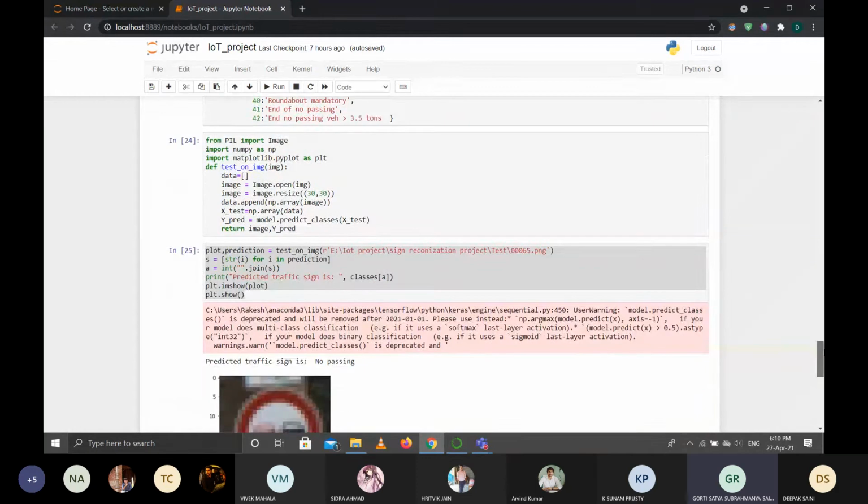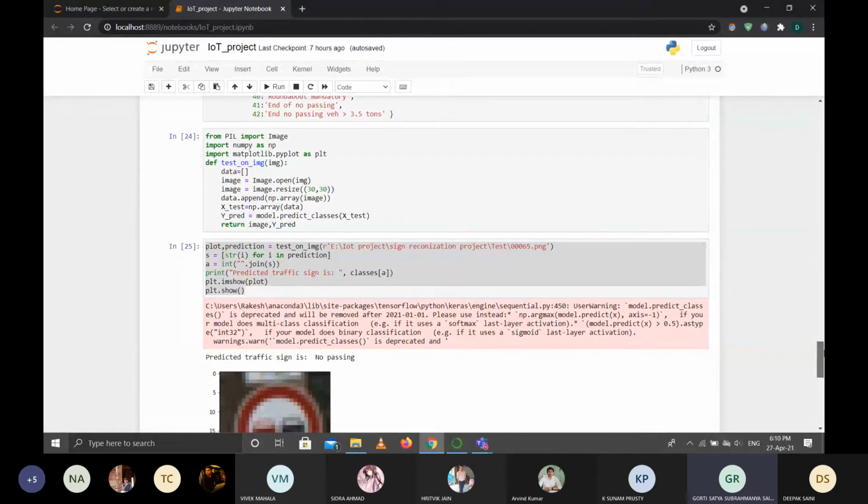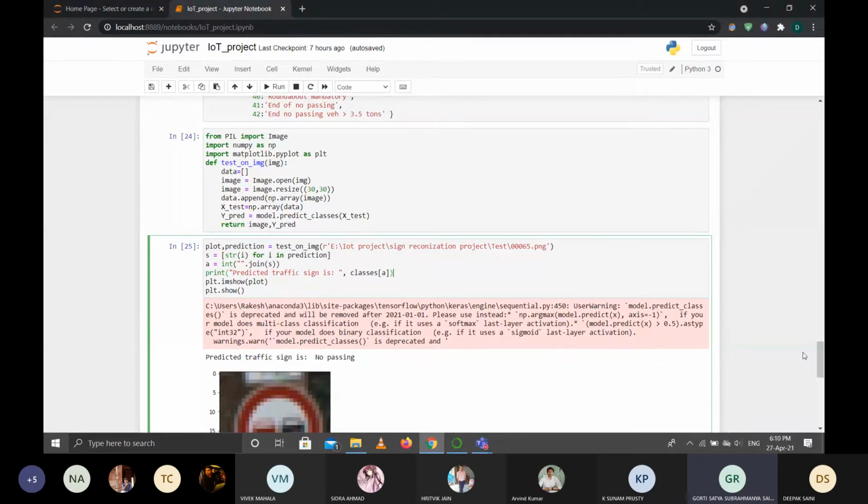For which we'll be using the Python Imaging Library, or PIL. We use this because it has some very good image processing capabilities. When we need to store the pixel data in an array, we must store it in a compact form for better data interpretation. So this image processing tool is the best one that we have in the Python library. After that, this data array stores the pixel data of the image. Each and every pixel of the image gets stored in the data array with this append function.